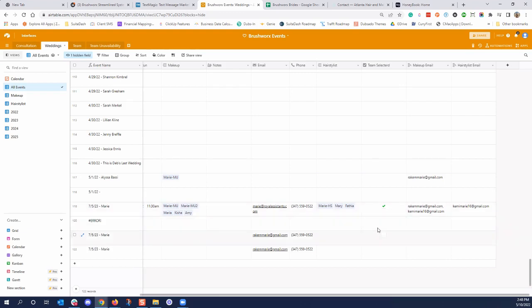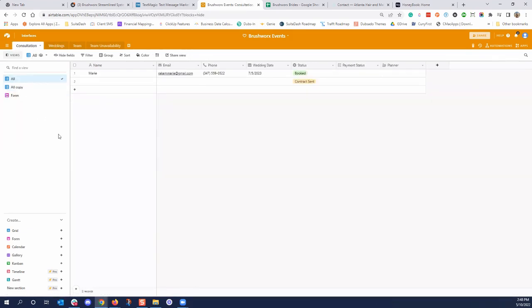All the extra fields you see here are going to be hidden or not even on here anymore. It's just for me to clean it up. But for the most part, you're not going to really have to do manual stuff. The only thing is to remember to be sure that the wedding date right here is updated and correct, because this is what's going to pull over to this wedding section.